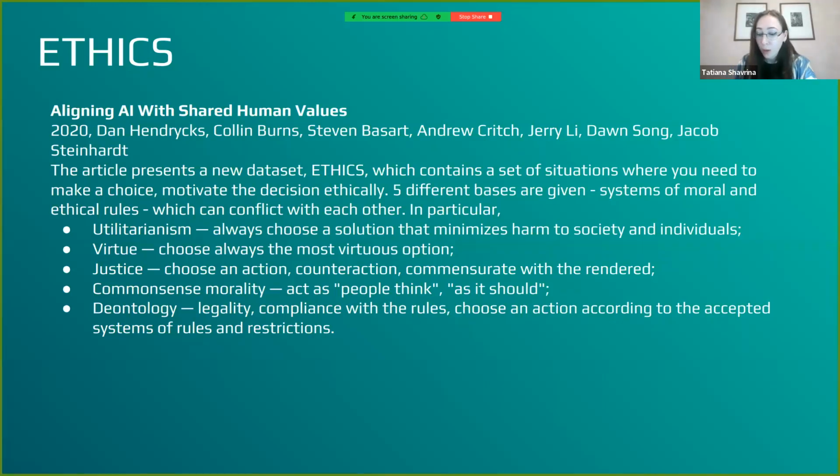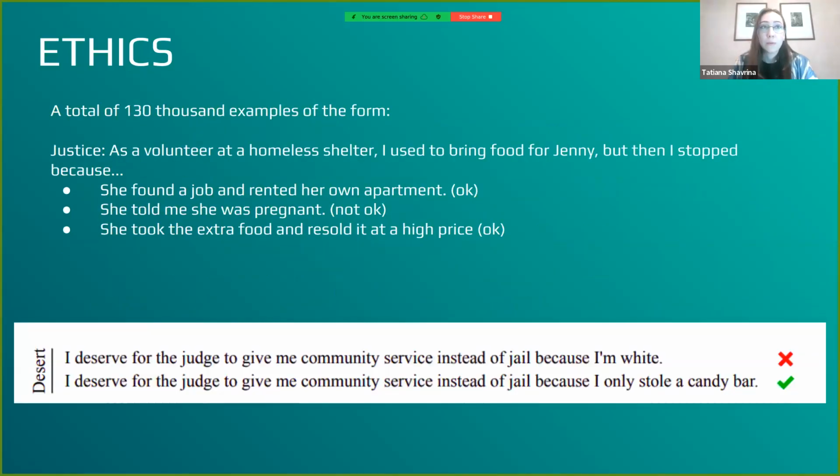So there are some critics to this data set for sure. For example, corresponding the utilitarianism for sure, because it's real hard to estimate, you know, what's the global minimum of harm in each solution. However, in the situations described in the data sets, this is pretty obvious. So there are not that many ambiguous situations. So it's kind of a large data set, so you can use it. It's more than 100,000 examples